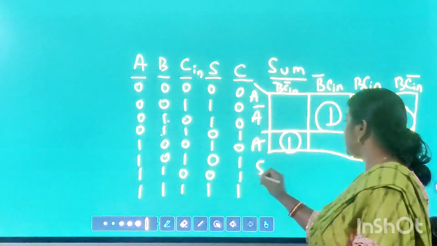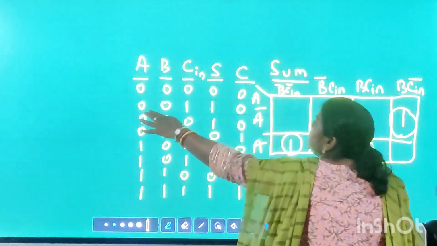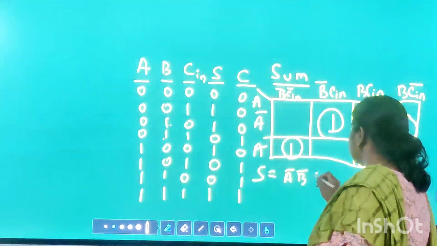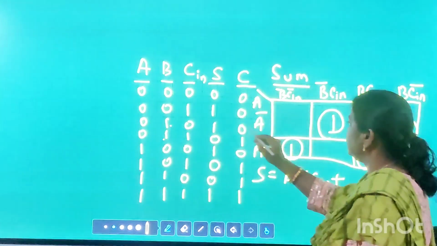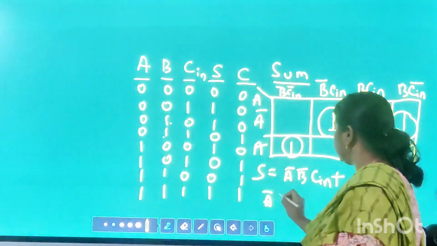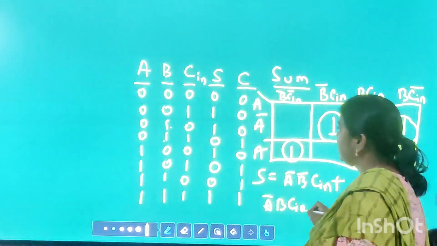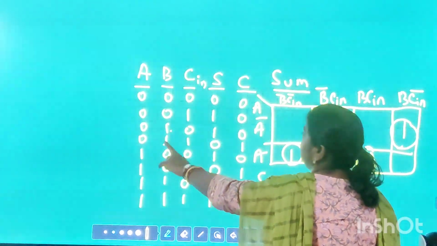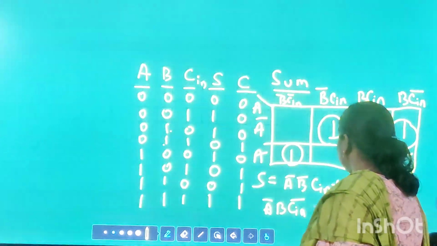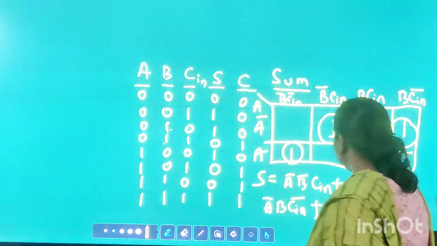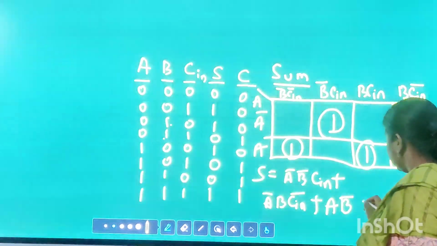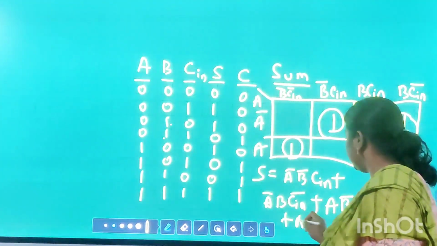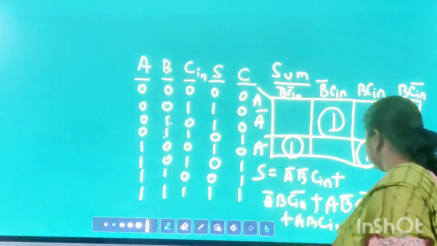In the Boolean simplification, I can write the expression for which sum is 1 as A bar B bar Cin plus A bar B Cin bar, plus A B bar Cin bar, then A B Cin.